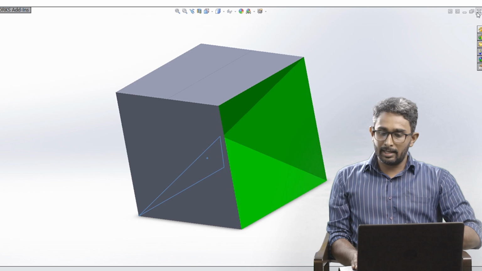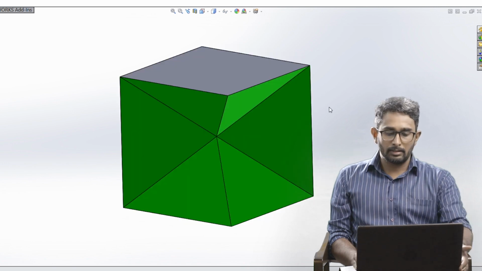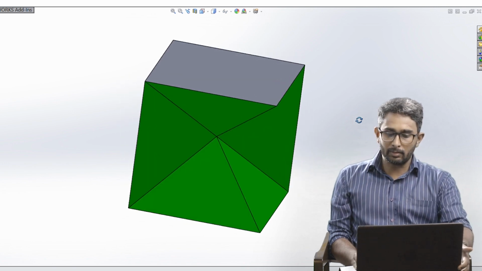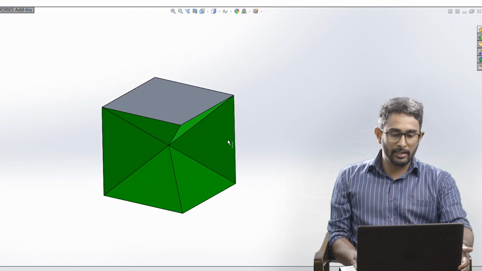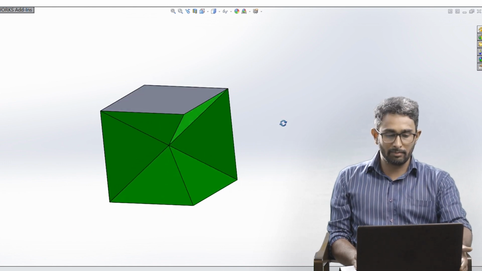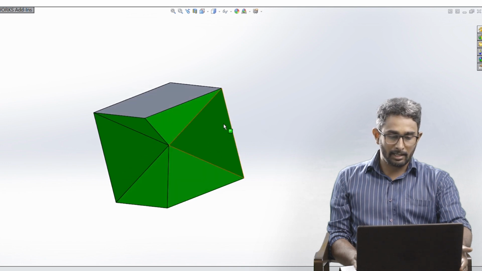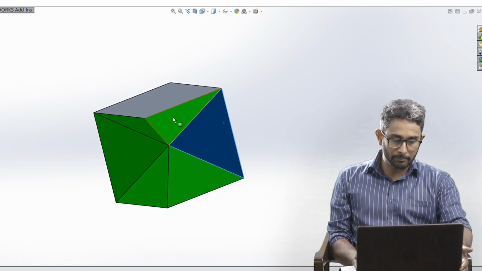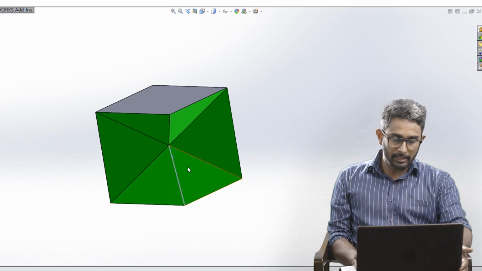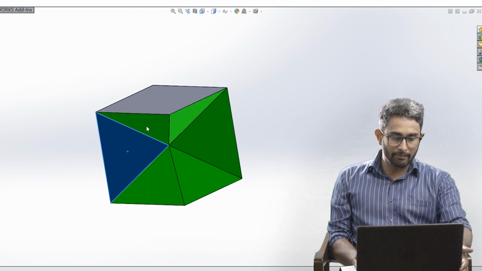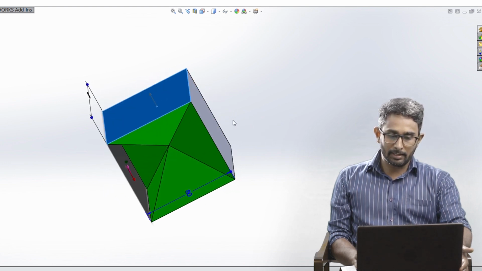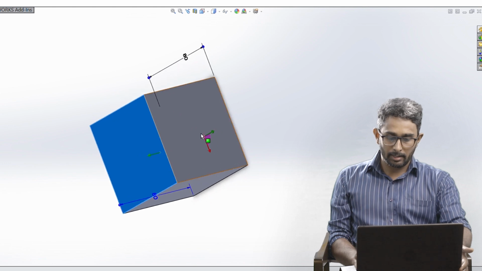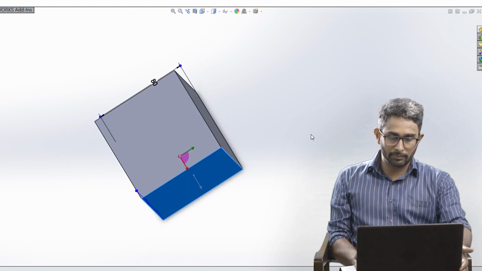Now let's check the other option. This is the 3D model for the other possibility, that we are removing the solid square pyramid from the adjacent side of the cube. So if you are removing the solid square pyramid from the adjacent side, let's check the total number of surfaces. 1, 2, 3, 4, 5, 6 and other surfaces of the cube, 7, 8, 9 and the bottom surface 10.